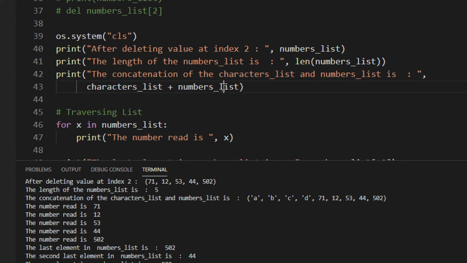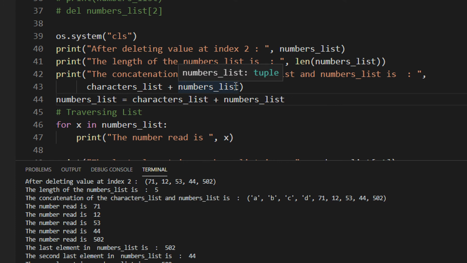In concatenation, I am adding to the list only to display the result. I am not adding and storing it in a list. For example, this will work. But if you are assigning it, this will basically override the older list with a newer one.